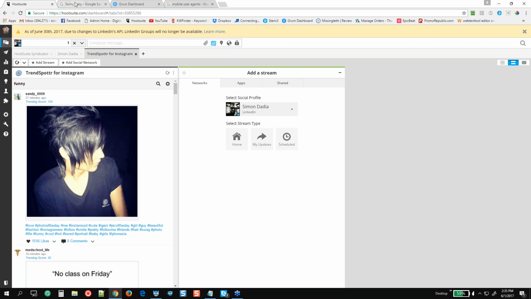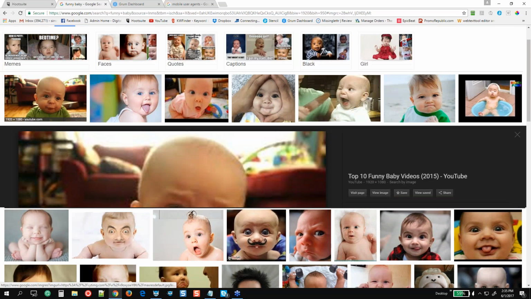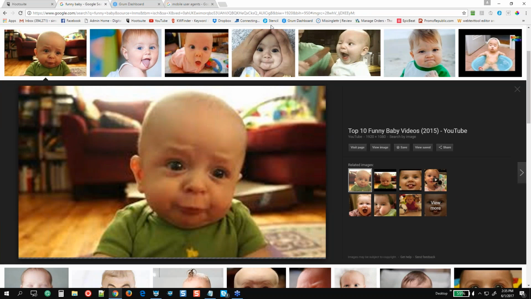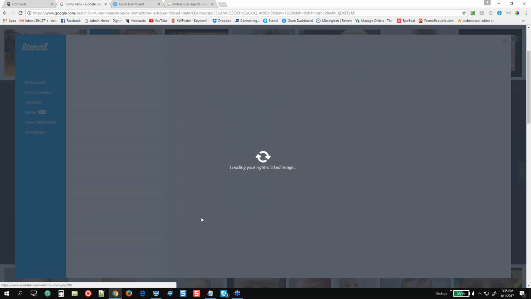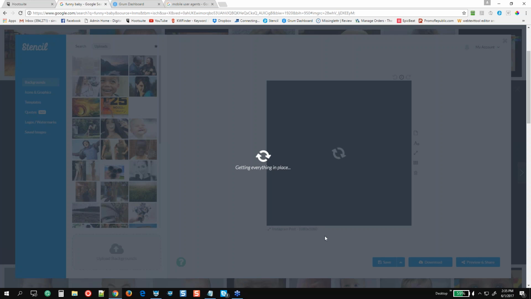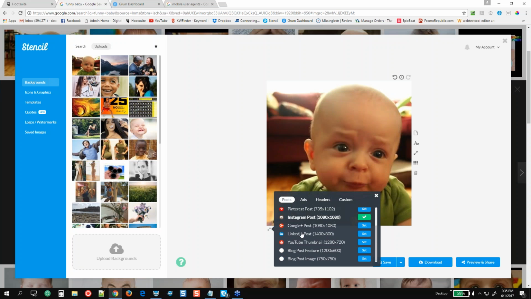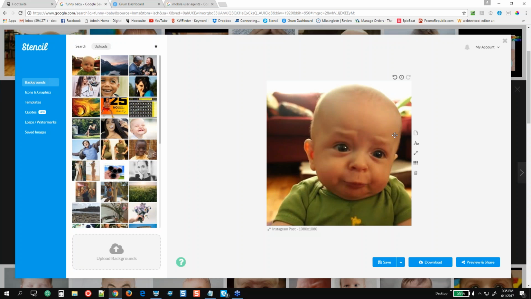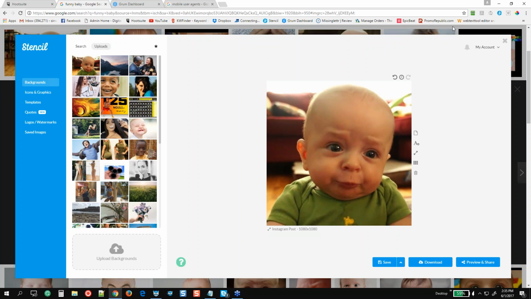So it works great with Google Images. You can come into Google Images. Once you install Stencil, just do a Google search for it. Getstencil.com, that's the URL, and you just right-click, open with Stencil, and it automatically imports that image into Stencil for you. And then you're free to go ahead and edit it as you like, change the text, add text. It's got lots of different settings. If you want to use Instagram, it has all these other settings, which is just awesome. So whether you use it for this or not, if you don't have Get Stencil, I would just get it because you need it.